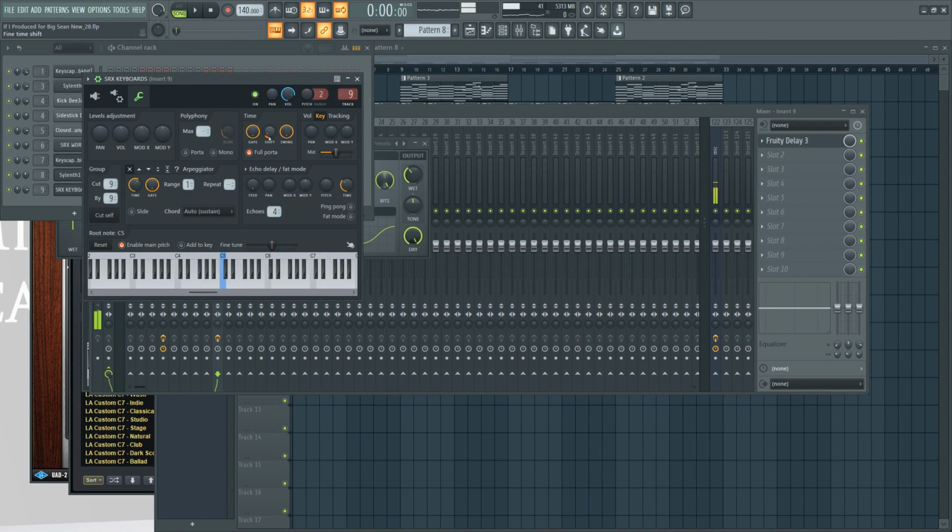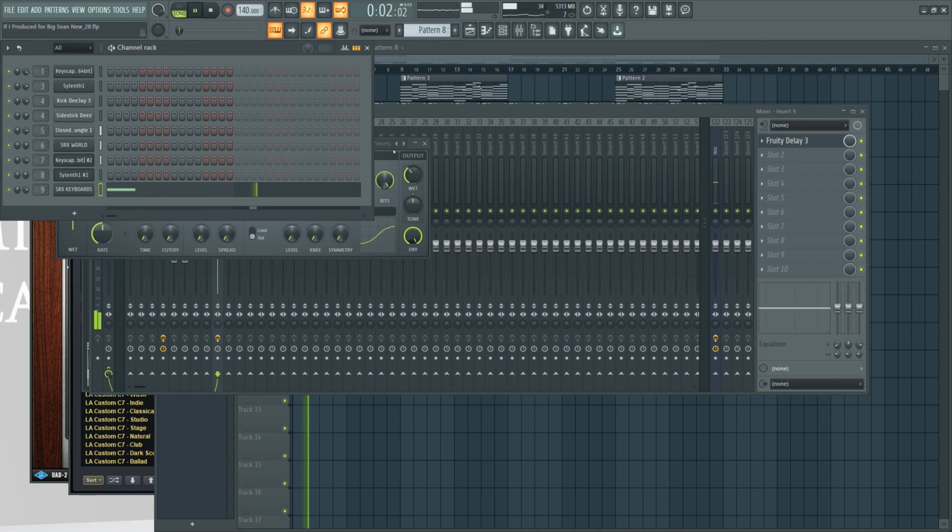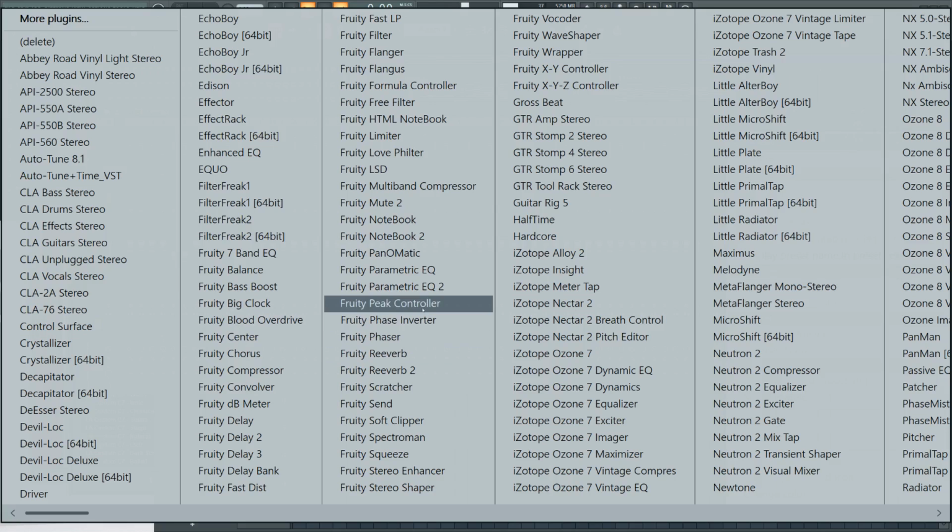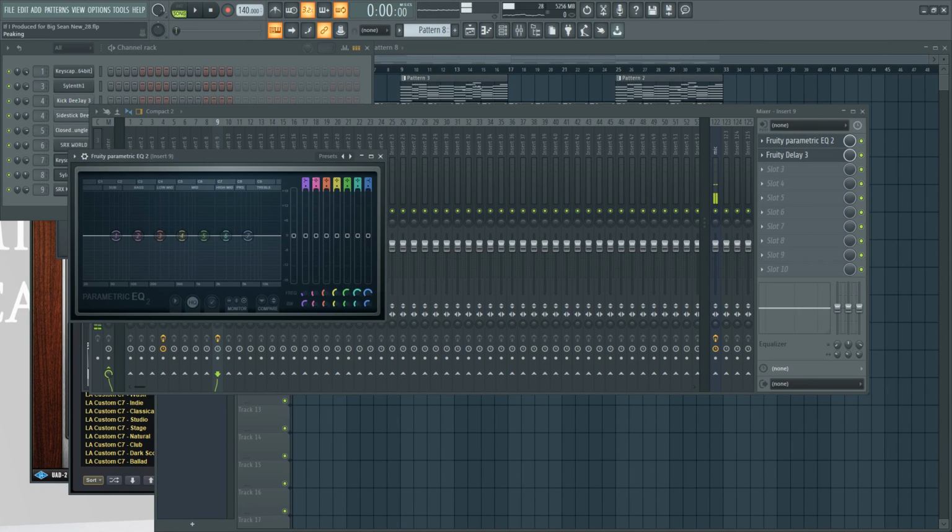Offset it a little bit in timing. Let me cut out some of the high end and low end so it doesn't sound so crisp.